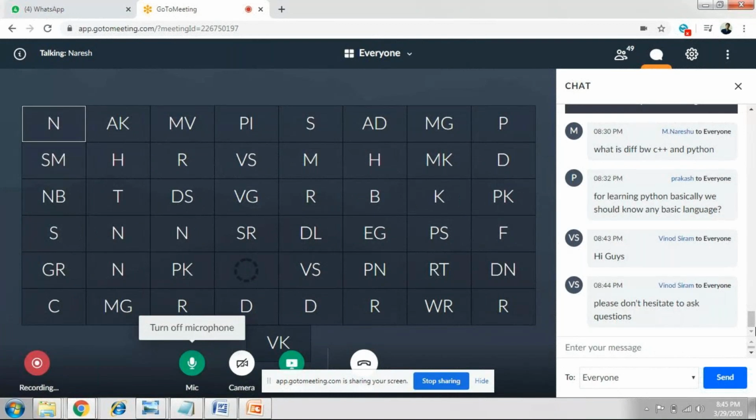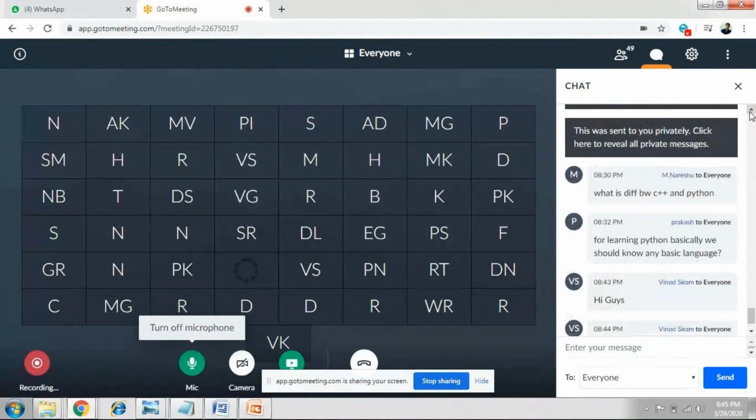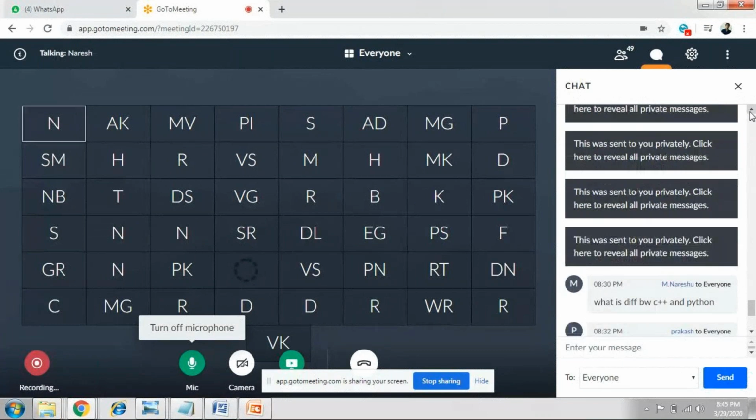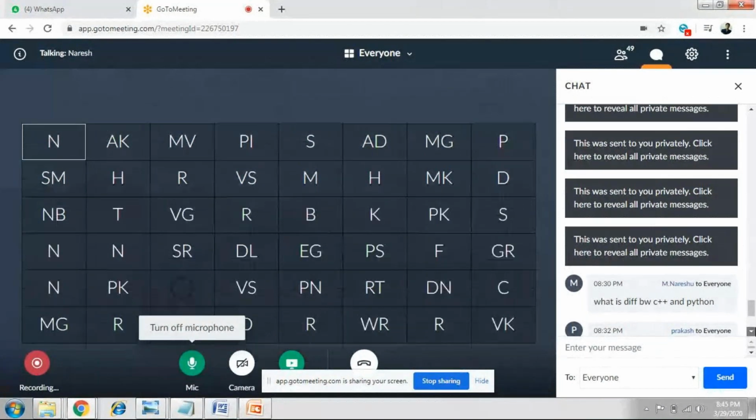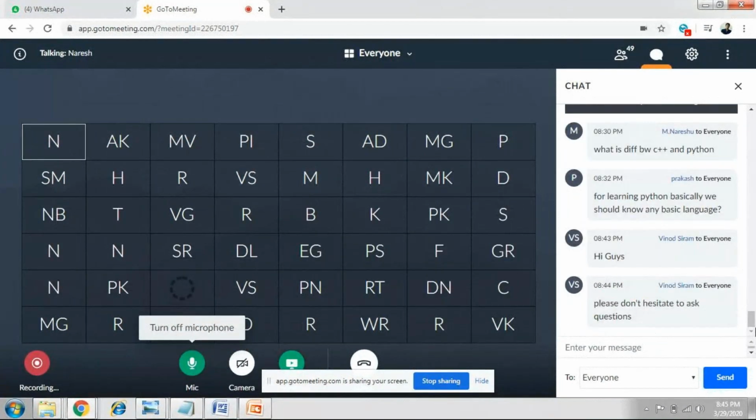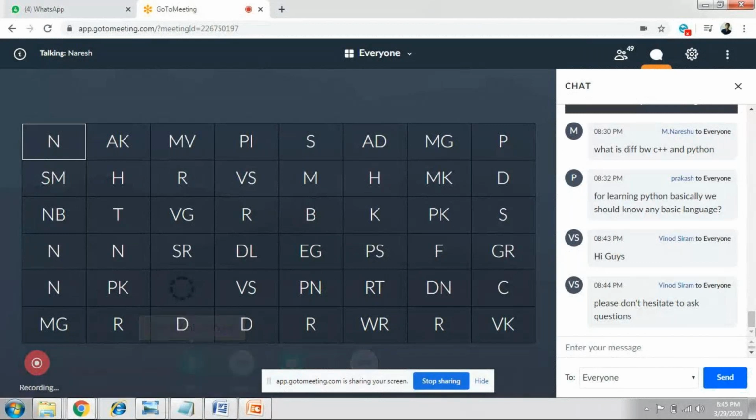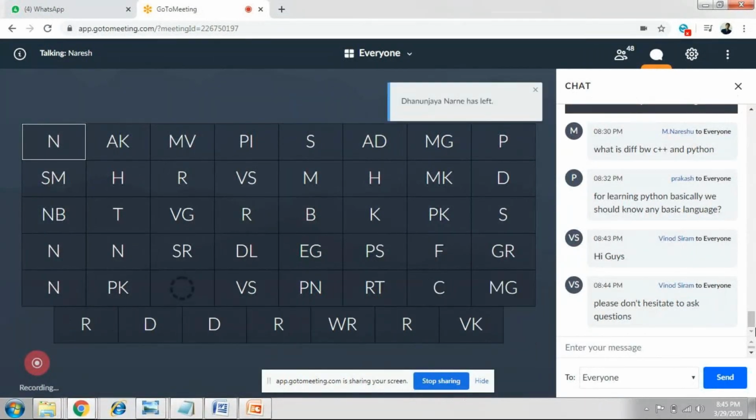So let's try to understand some questions posted by people. What is the difference between C++ and Python? As I said, C++ is object-oriented, but not fully fledged. Python is also used for web applications, whereas C++ is not used for web applications. Python is fully fledged, and there are a lot of libraries.